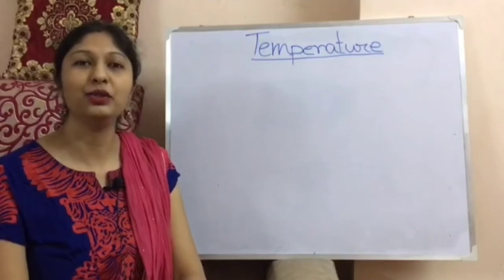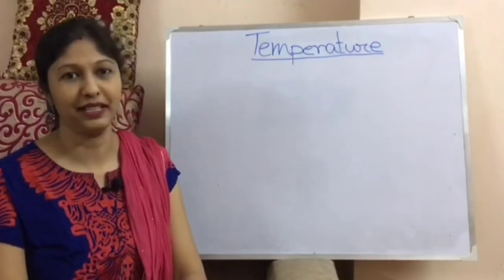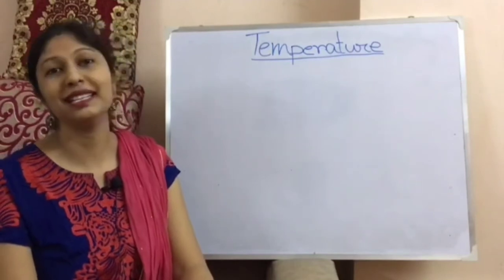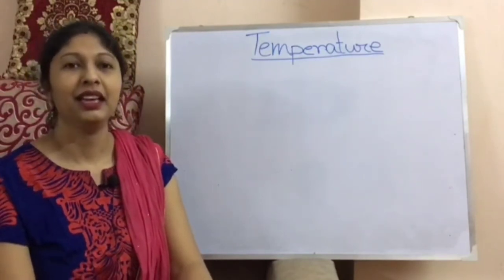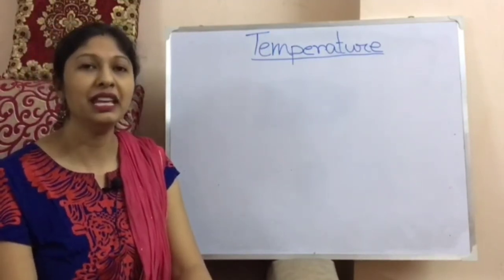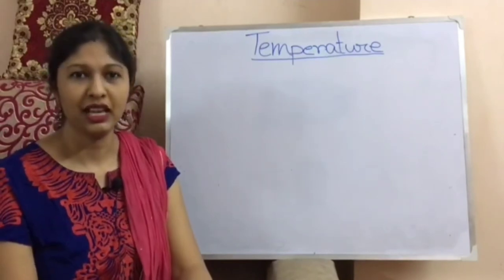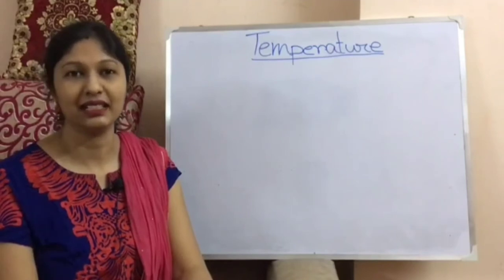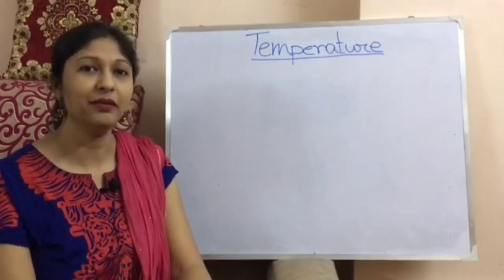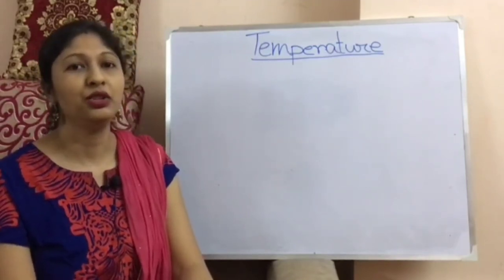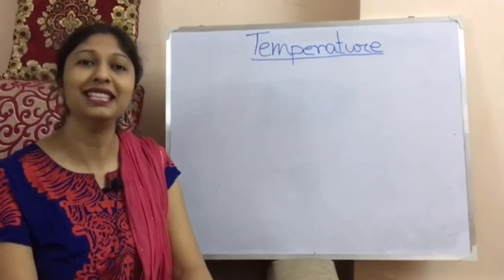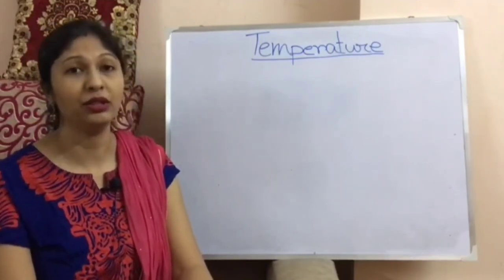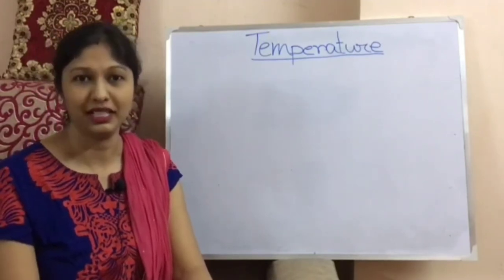Today I am going to discuss temperature. So in our mind we think, what is temperature? If I tell you today is too hot and today's temperature is 43 degrees Celsius, but don't worry, at night it will come down to 30 to 35 degrees Celsius, here I am talking about the temperature of the climate.